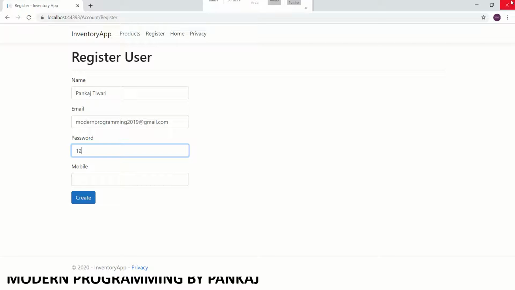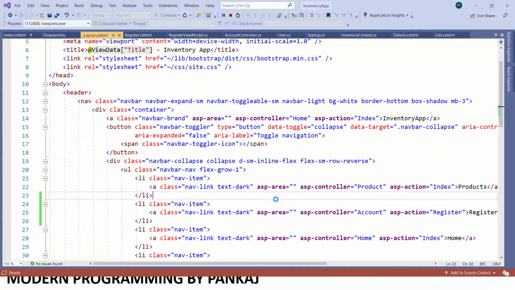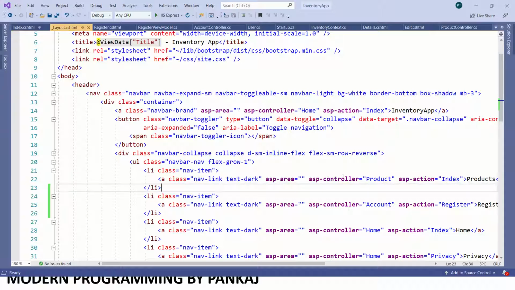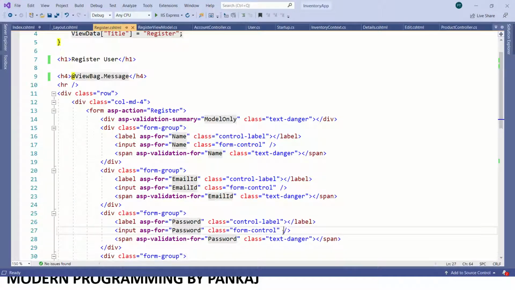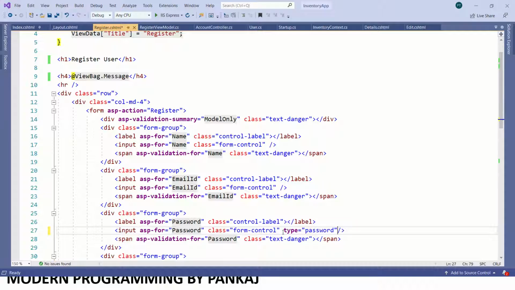So what I'll do, I'll just close it, and we need to change the type of this password. So what I will do, I will just write here type equal to password.